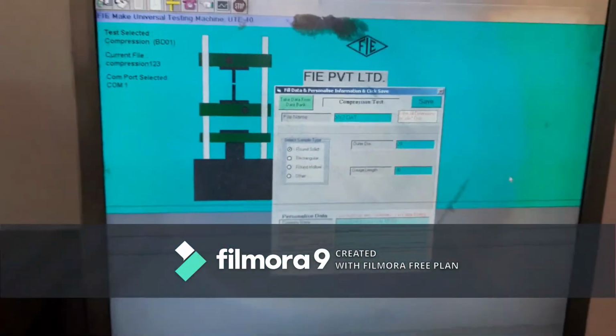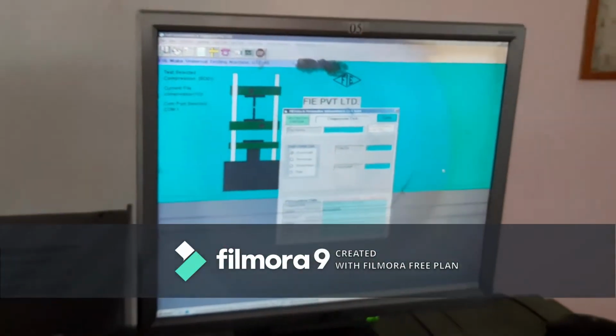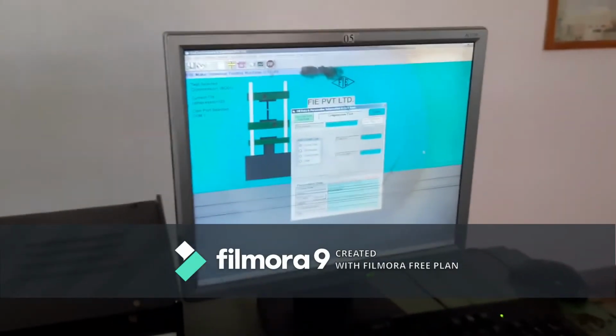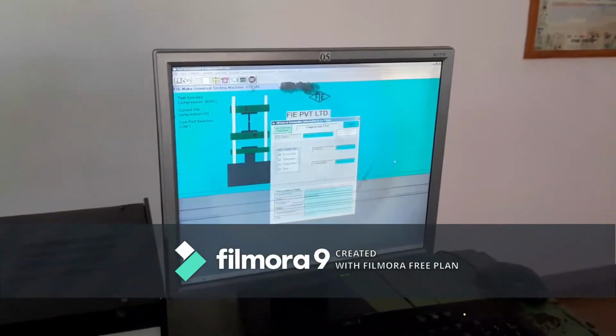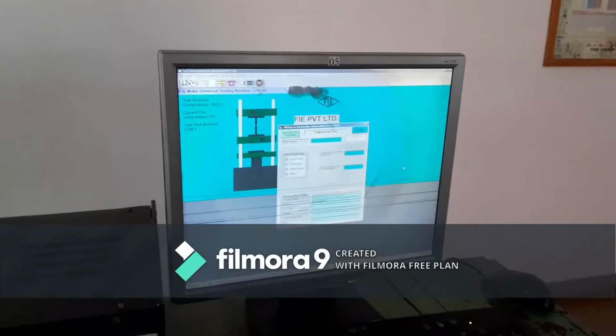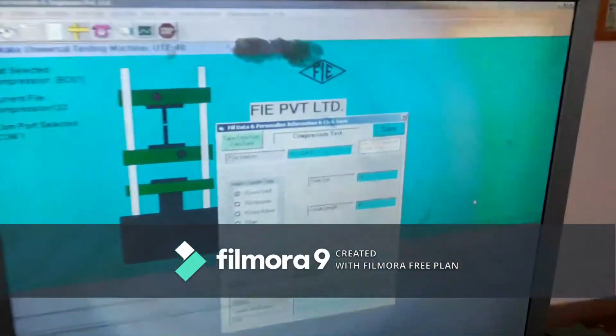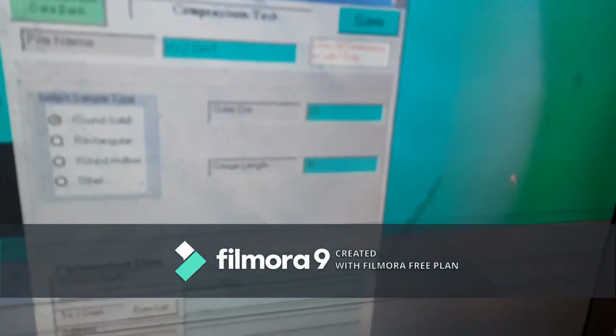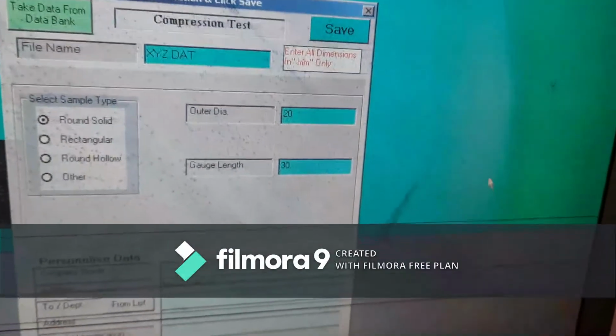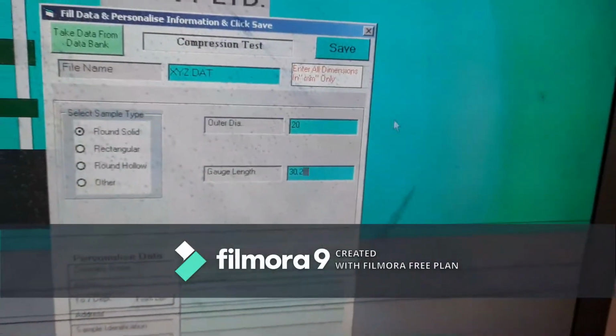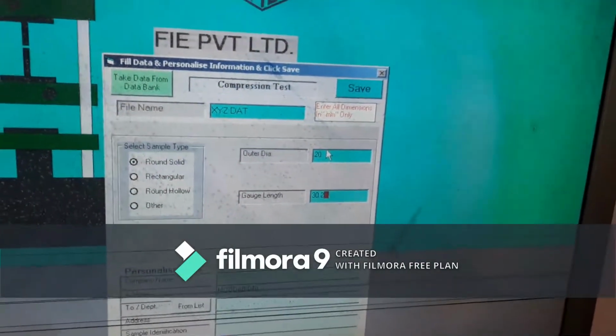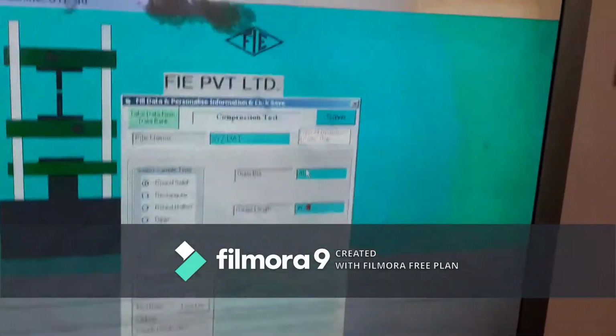Here we'll get a window. In that window you need to enter the outer diameter we have already measured, that is 20.2, and the gauge length as 30.2. So that is the given data. You can enter the data here, initial measurement.